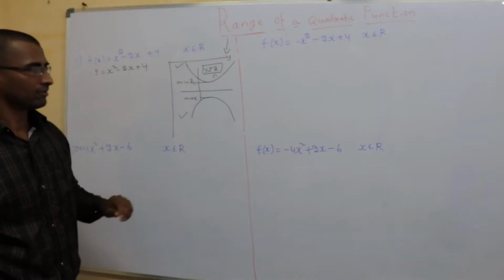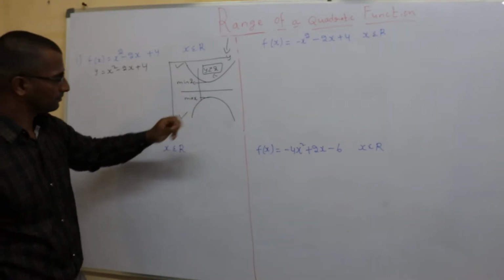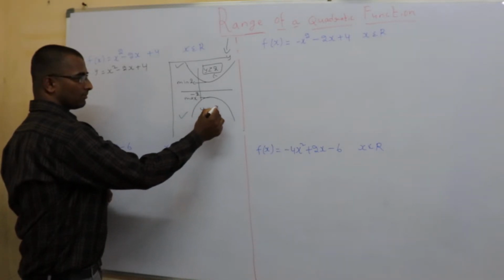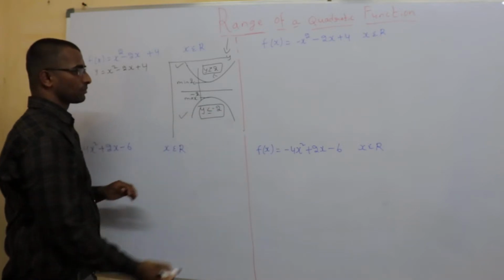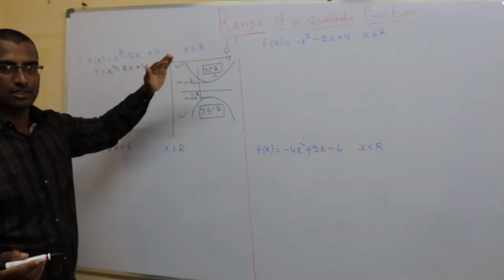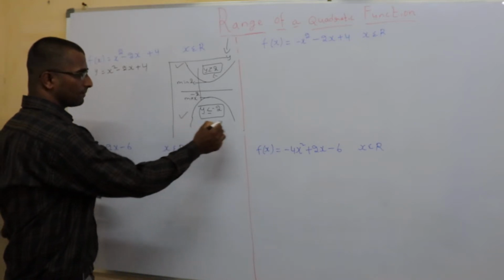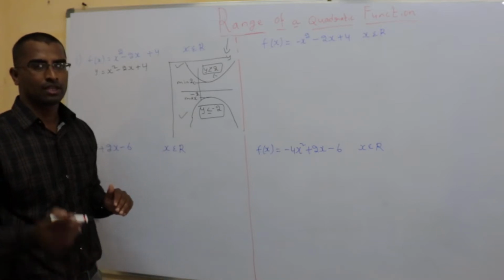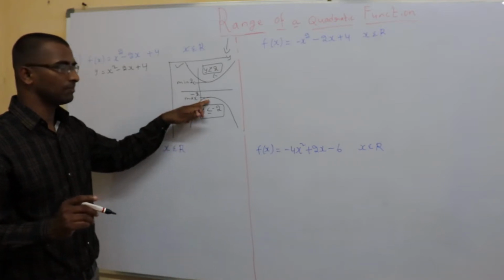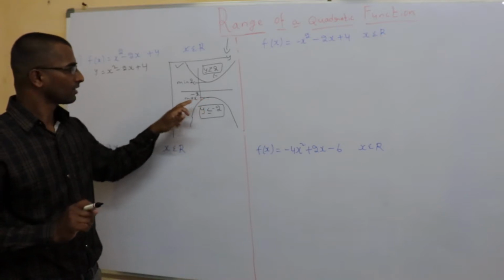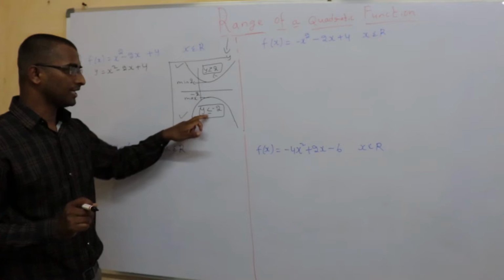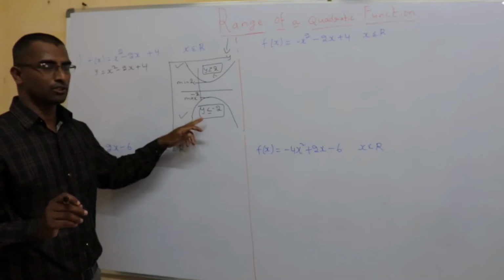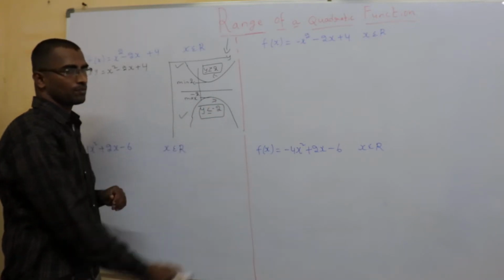Now this type of graph, this is the maximum value. So if I say this is minus 2, the range for this is y less than or equal to minus 2. See, as x is not restricted, this graph also will not be restricted. It goes on. So I cannot say the minimum value for y. One thing I can say for sure is this will be the maximum value for y. Example, minus 2 means all other values are smaller than minus 2. So y less than or equal to minus 2 is the range for these kinds of graphs.